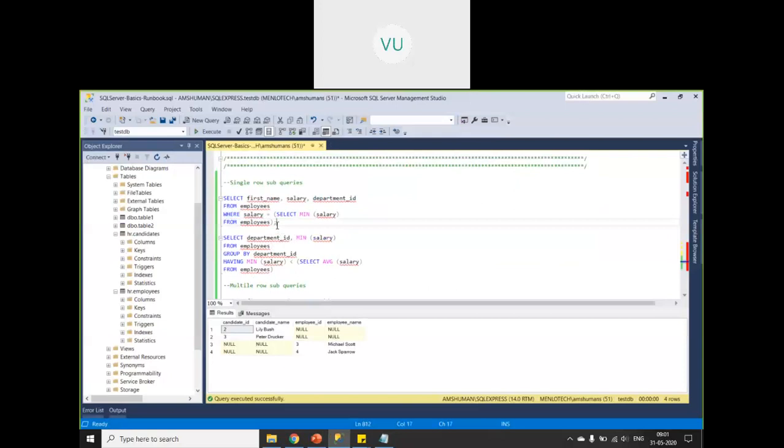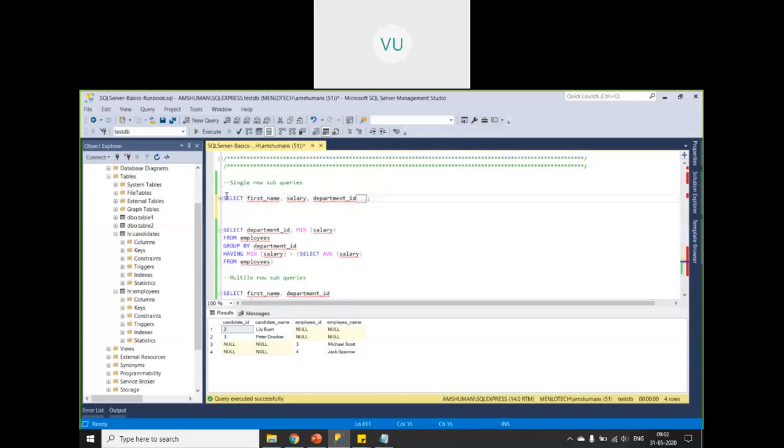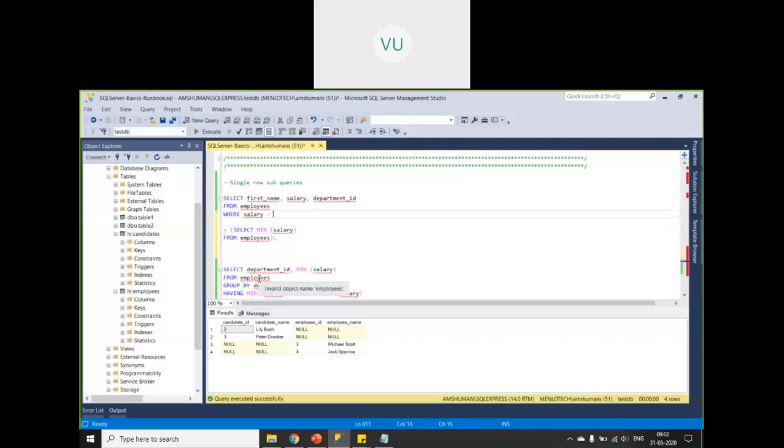So let us see an example of a single row subquery. Let us say there is an employees table. Already we created one, right? Again, you have to deconstruct this particular statement. Always, when you're looking at a particular query, try to deconstruct it. So this is my outer query: select so and so column from employees where salary equal to some value.